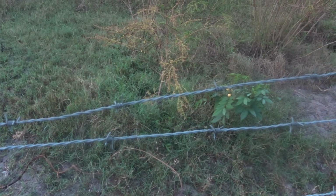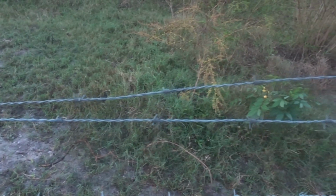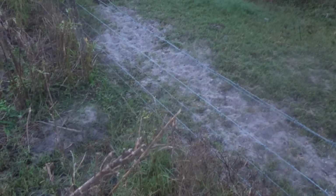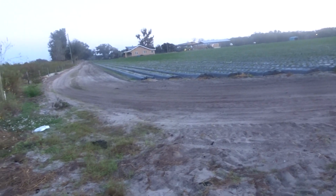Because you gotta have some real big barbed wire to hold a tough cow hide there. Yeah. But that's the skinny here on the cattle country. And right over here is strawberry country,